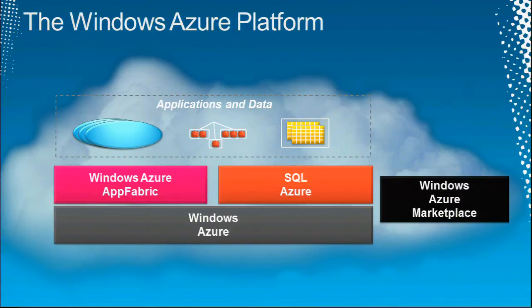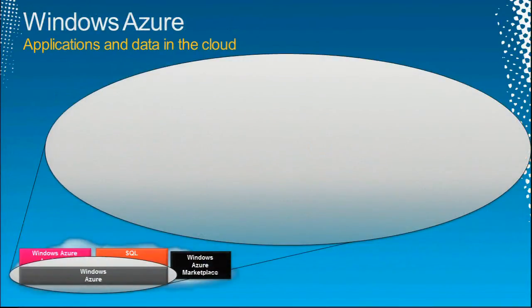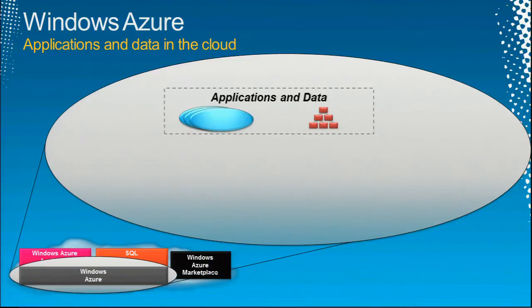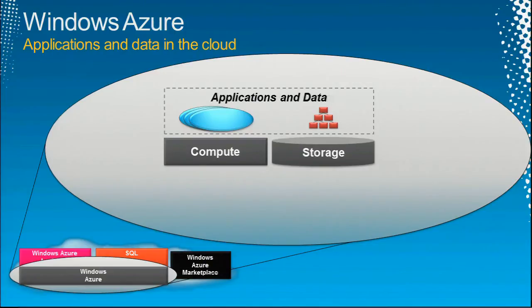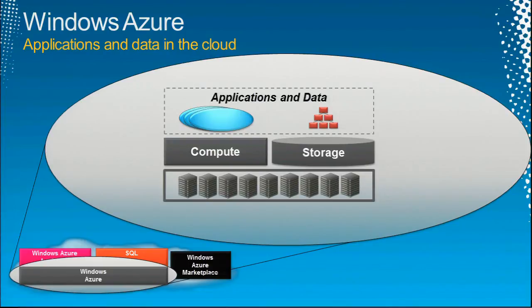And I'm going to start, unsurprisingly, with the foundation, the thing that gives its name to the entire platform, Windows Azure. Windows Azure, again, supports apps and data, not relational data. Relational data is SQL Azure's piece of this puzzle. We'll see what kinds of data Windows Azure supports. It does that by providing a compute service, a storage service, both of which run on large numbers of machines in Microsoft data centers scattered around the world, about which I'll say more in a little while.